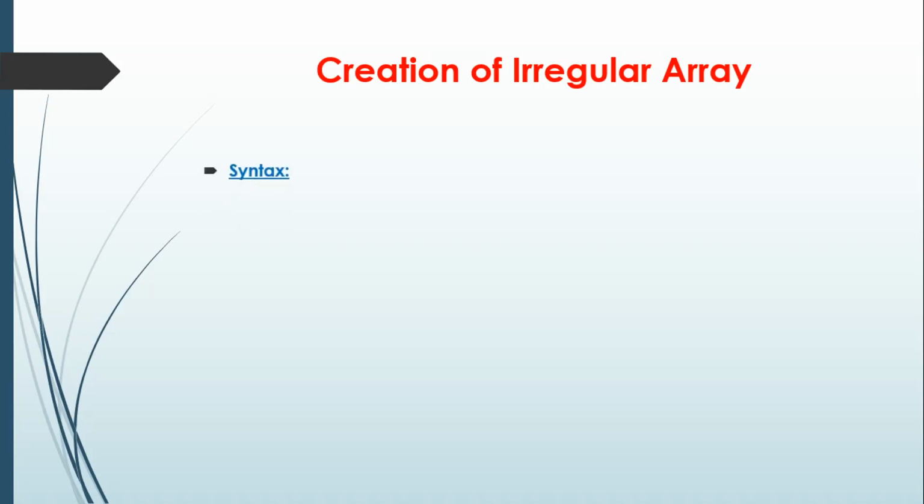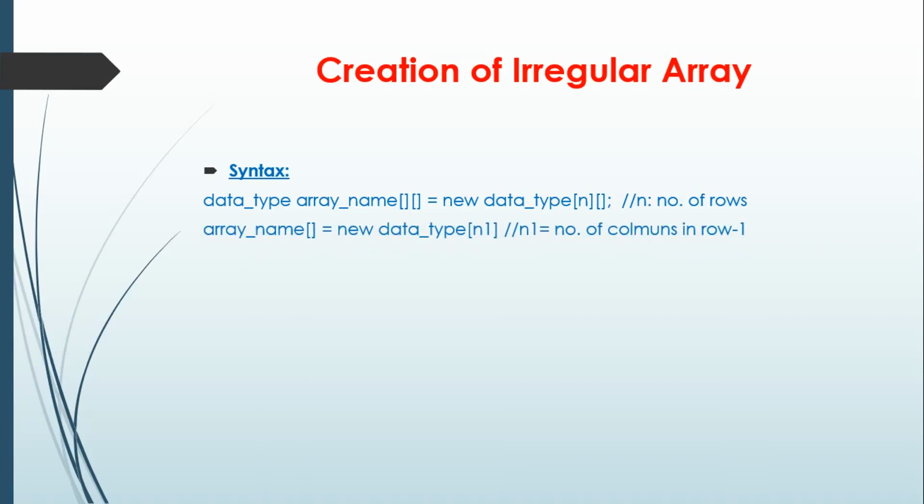So how can we create an irregular array? First, its syntax is: data type, array name, equals new data type, where one dimension is n and the others may be of different dimensions. For example, array name equals new data type n1, where n1 is equal to the number of columns in row 1, and then we say that array name